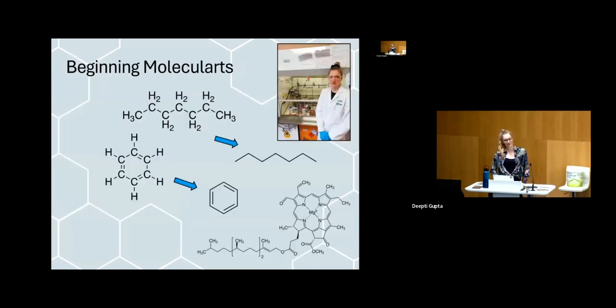So unfortunately, I have to give you a science lesson, as depicted by the photo in the top right. That was a genuine candid photo of me in the lab. And my art is based on molecular structures. So you might recognize molecules on the top left.